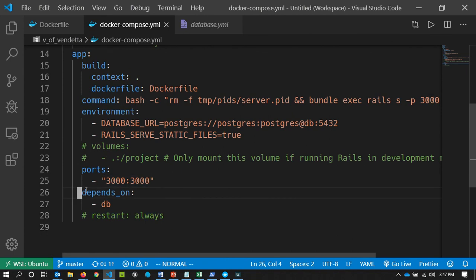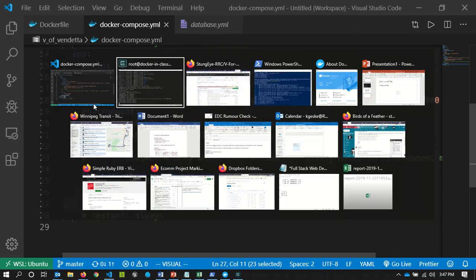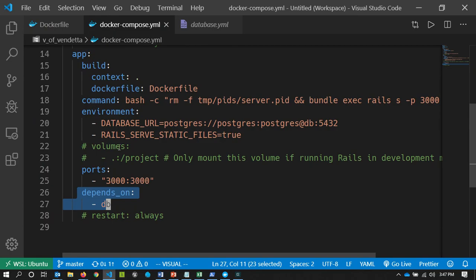And then it'll notice that it also depends on the DB. Oh, it won't yet run the command on it because I'm just building. So it'll just stop at that point. I'll then have to do my